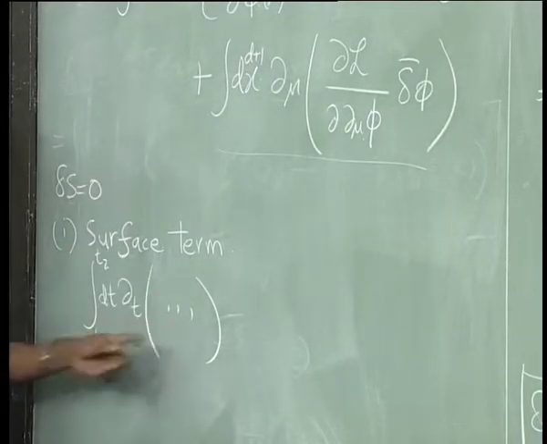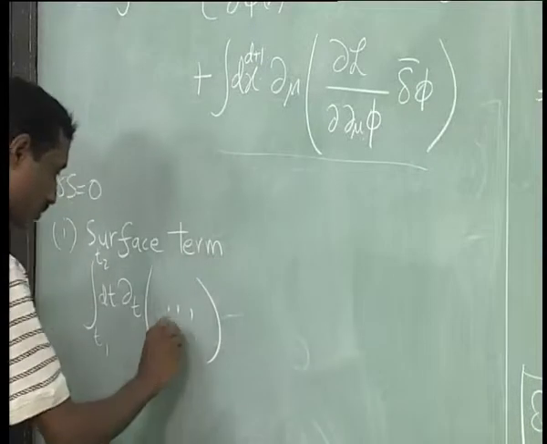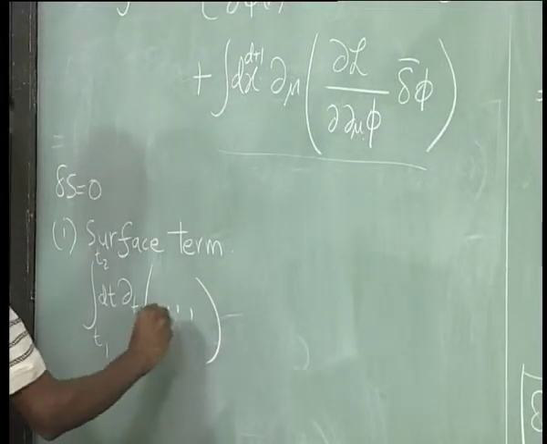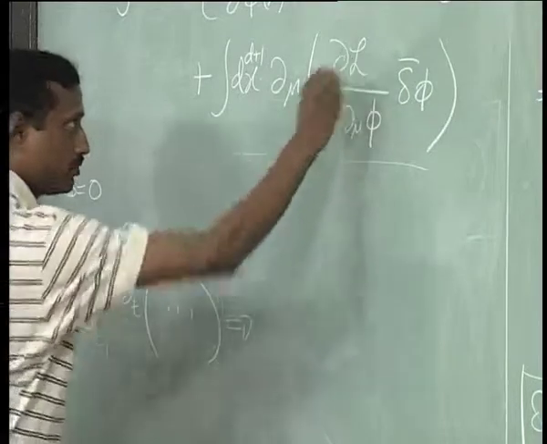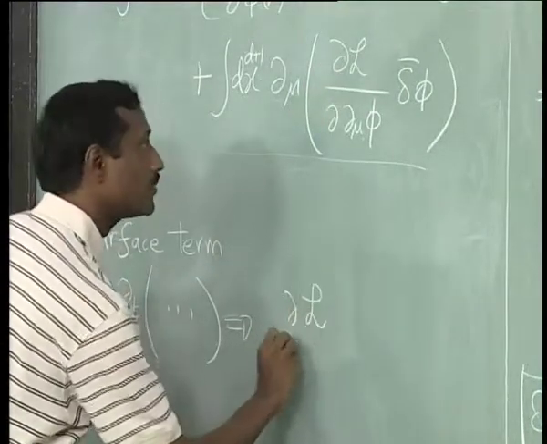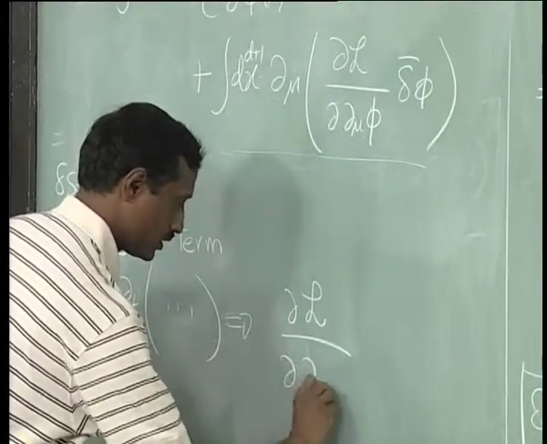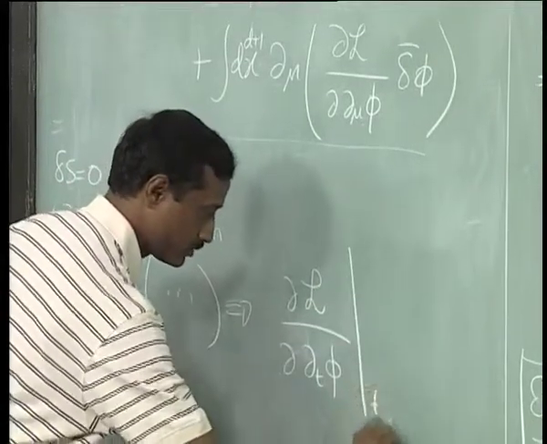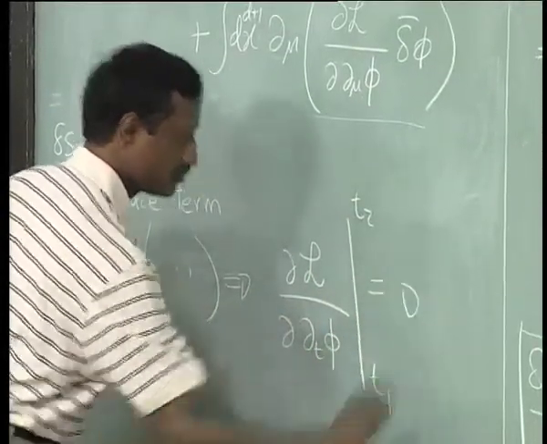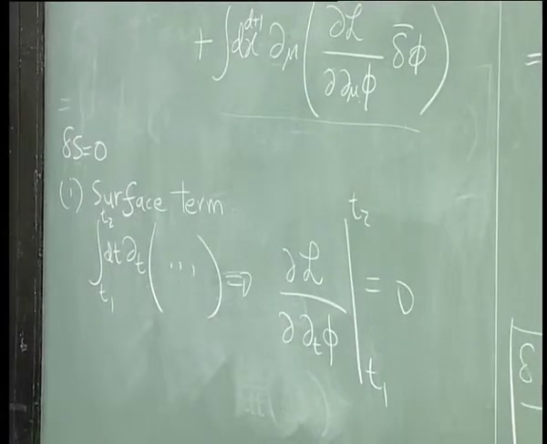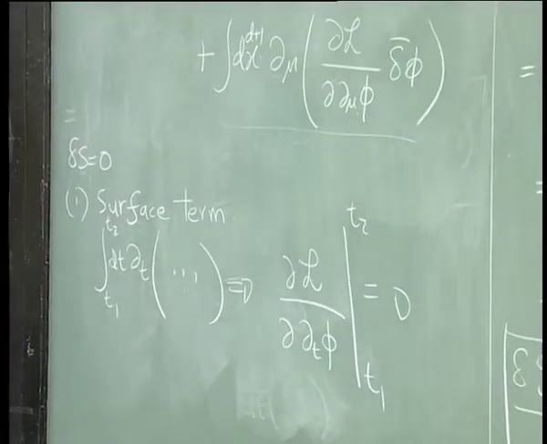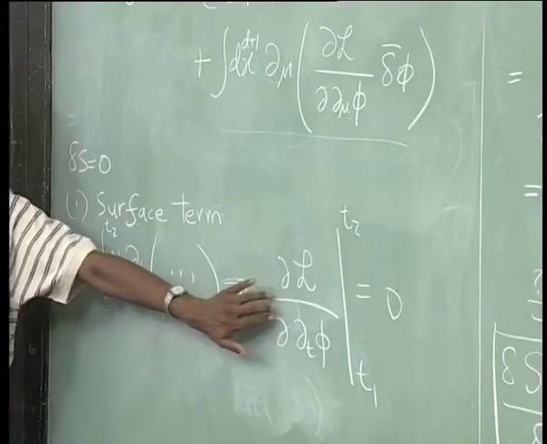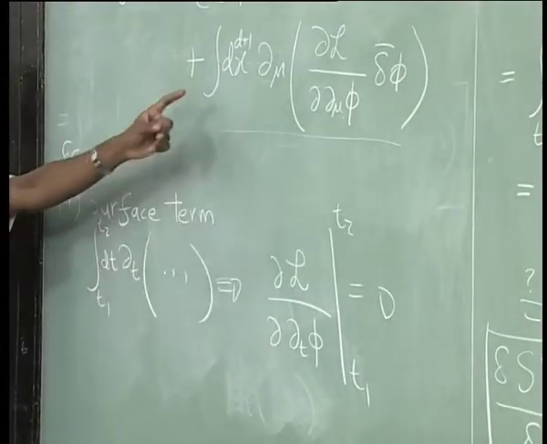Okay. So, this should be 0. So you would require that the combination that you get, dL by dt of phi, should be 0. Okay. So, this is exactly like what we had earlier, but now we have some new terms